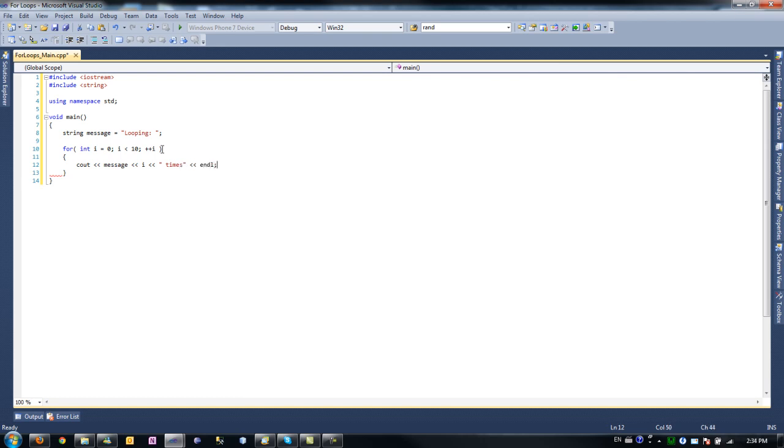And for what we're doing, we want the endl because it's going to print 10 lines. We don't want them to just block together. So what we've got here is our integer that gets created for this block of code, the statement that makes sure when to kick out and when to stay in the block of code, and a thing saying, hey, I want to increase this by 1 every time. So if we save and run this guy,